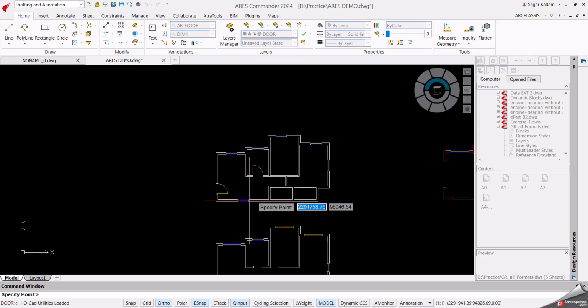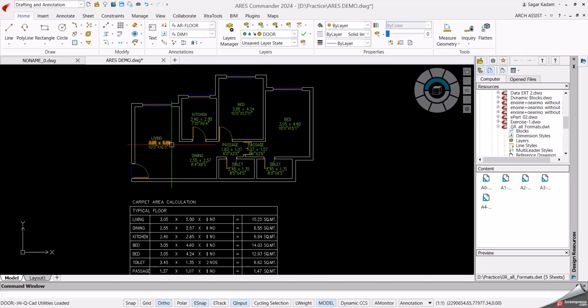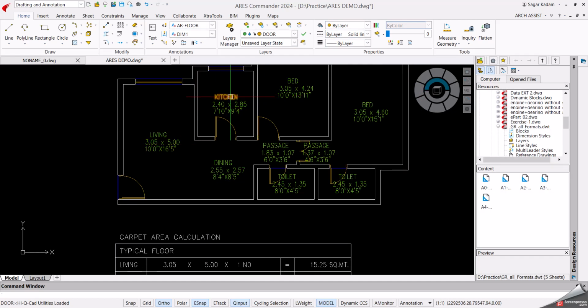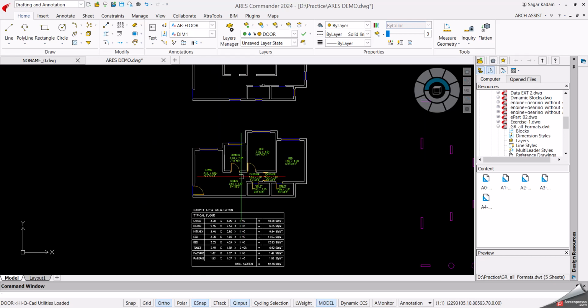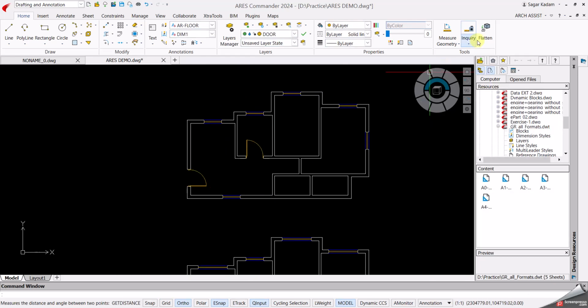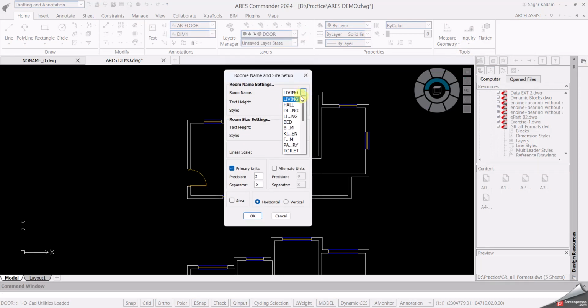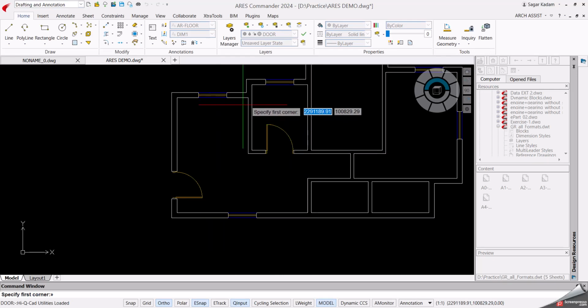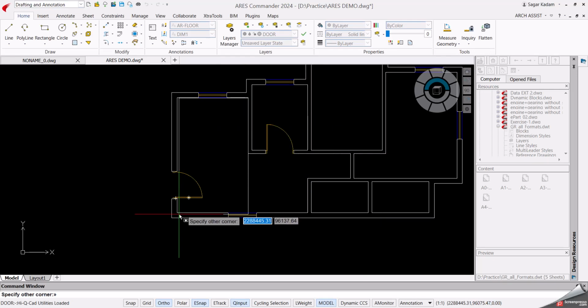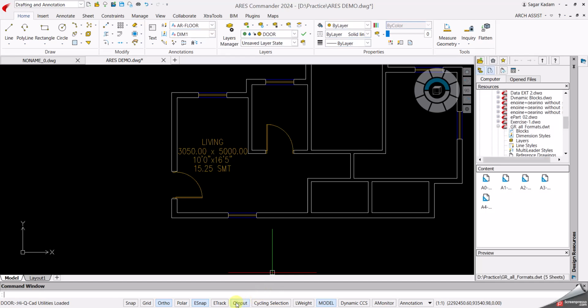Once we have created this door, we can go ahead with the room marking like this. This is the living area, this is the kitchen area, bedroom, dining area. So this will go in the room size option. Specify your tag, specify your text height and everything. If you want the alternate unit or the area to appear in a tag, you can specify that over here. Specify your diagonal points over here.